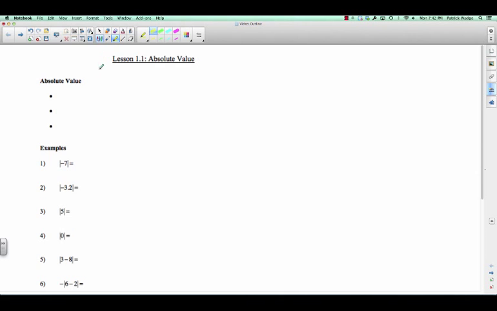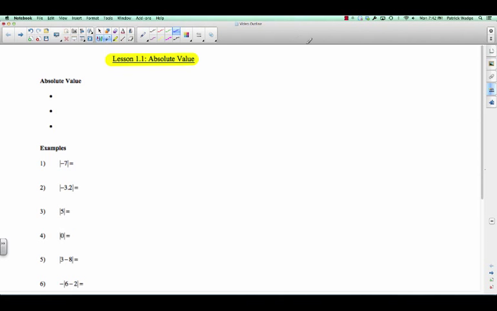Welcome to Pre-Calculus 11, and welcome to Lesson 1.1, which is on absolute value. This will be a nice, quick lesson for you, ease you into this course. Pretty well every other section is more difficult than this one. Sorry. We're going to talk about absolute value, and before I tell you exactly what absolute value is, I have